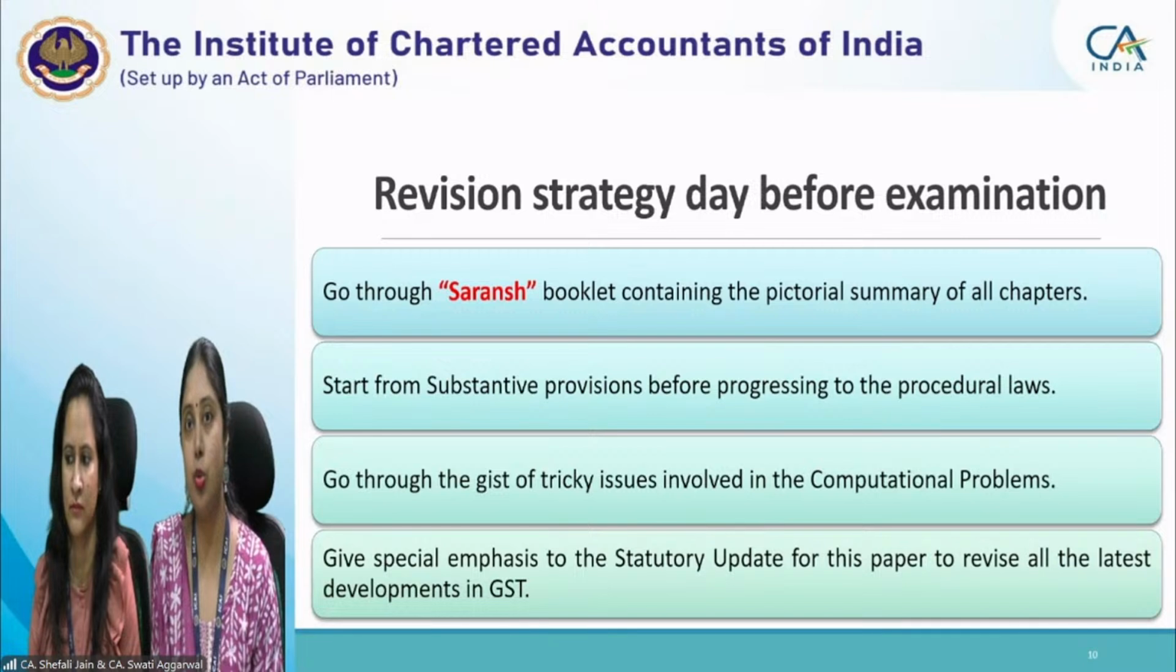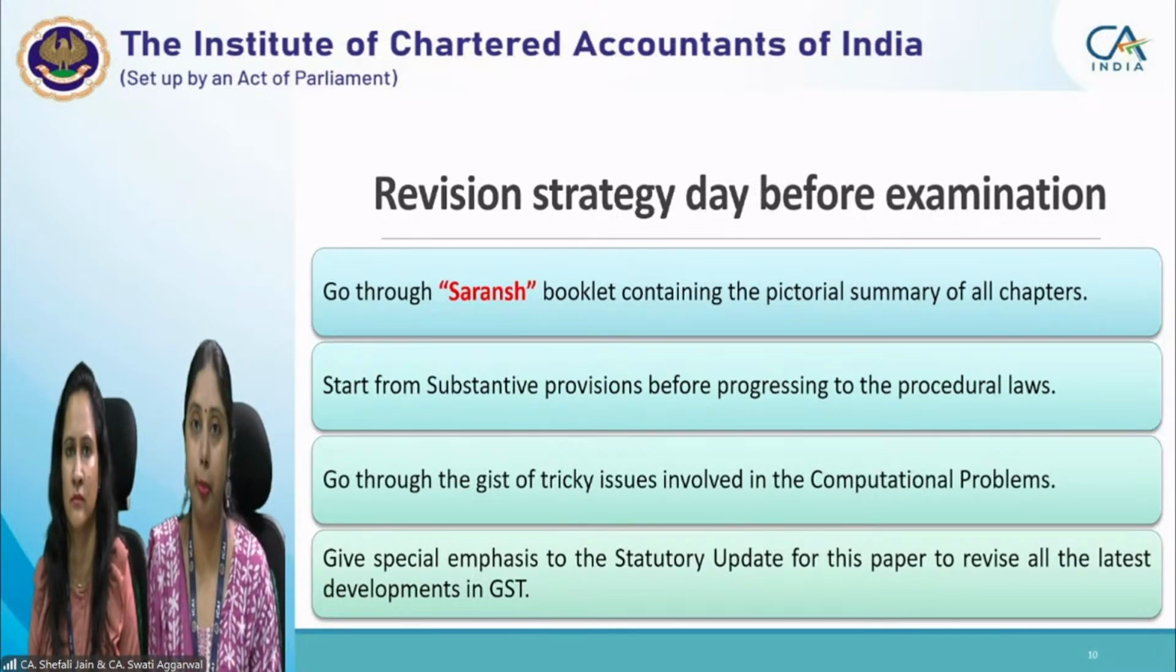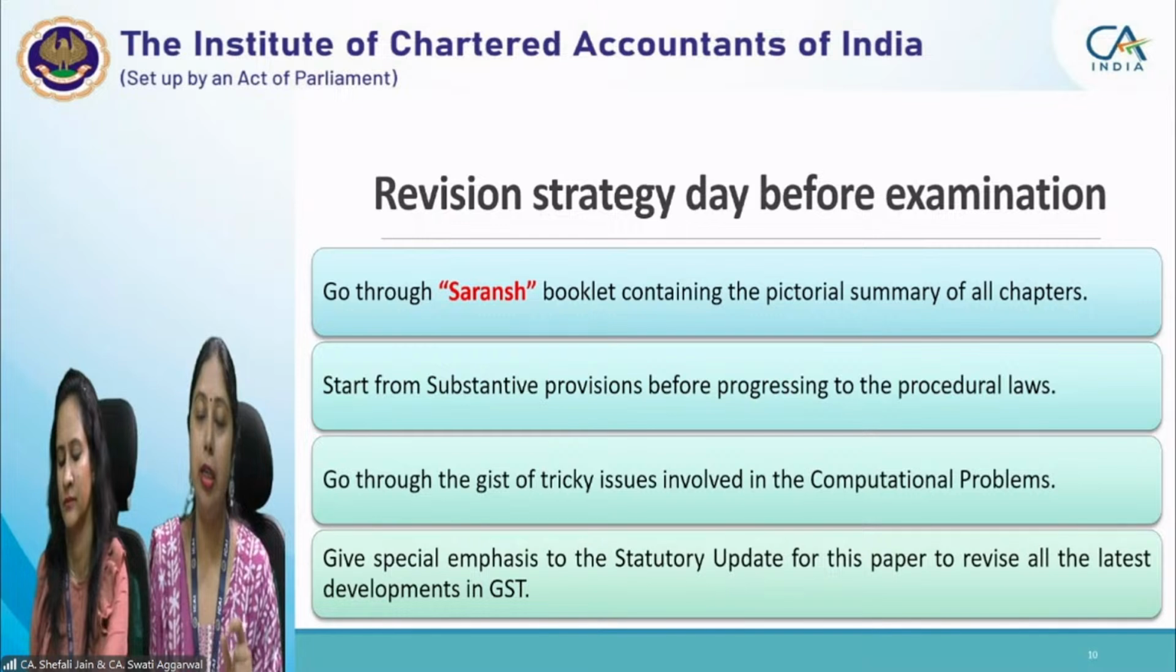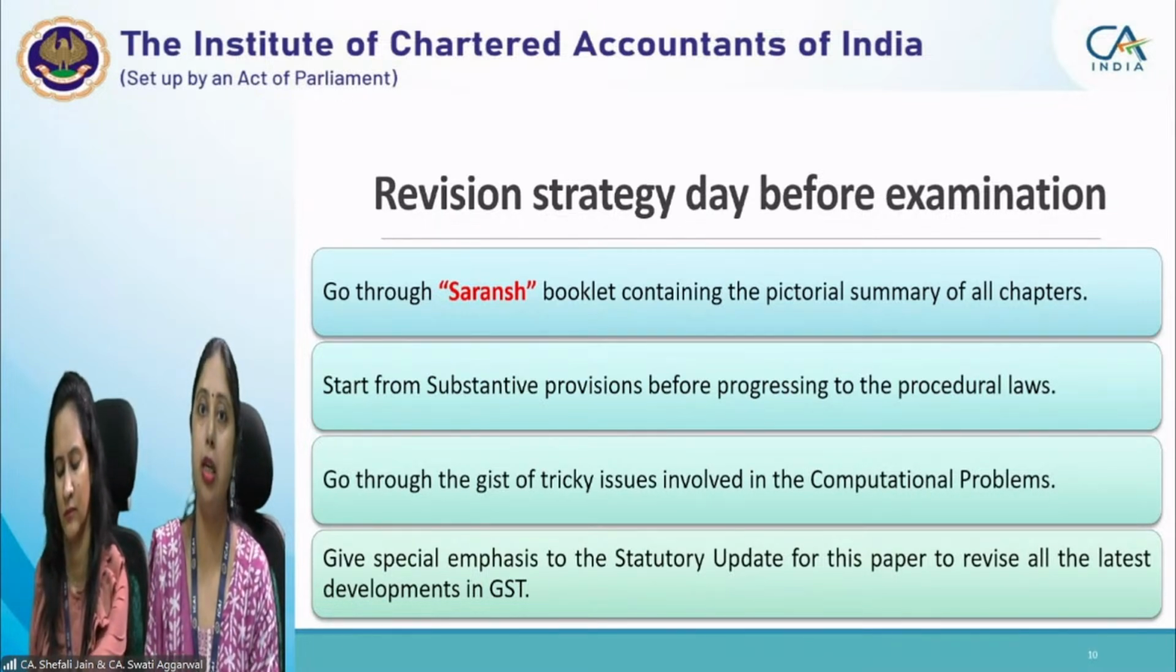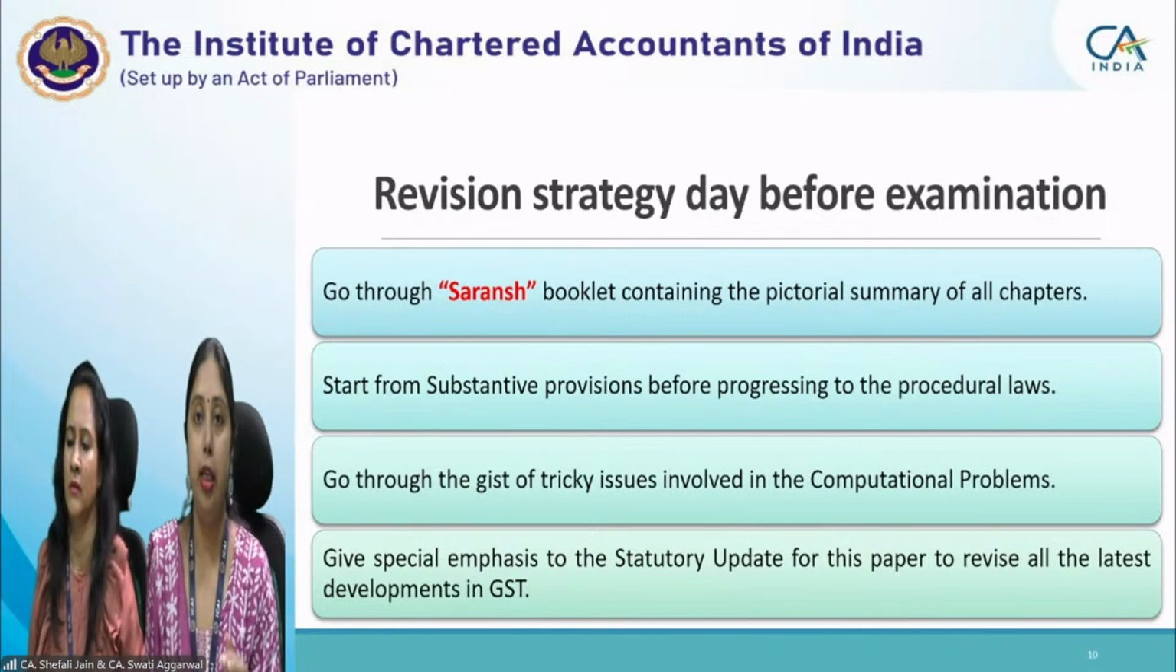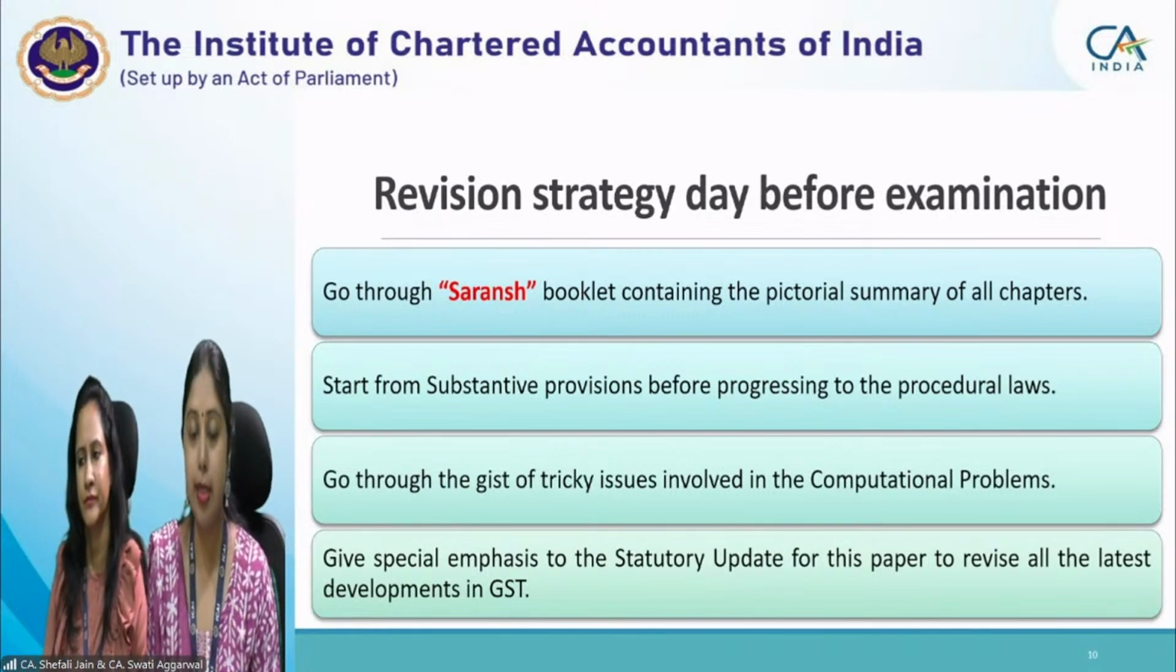We generally suggest students to prepare their own notes, but in case you do not have time to prepare your own notes, the Saransh booklet will definitely help you. But try to make it more comprehensive, because every student has their own requirement. That is why we suggest preparing your own notes. That will help you in revising the concepts in an effective manner. But if you are using the Saransh booklet, then you should substantiate it with the other points which you want to revise. It is a summarized booklet, and if we want to revise some concepts in detail,